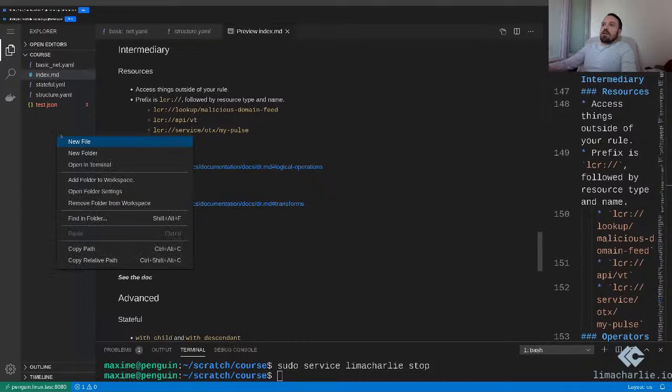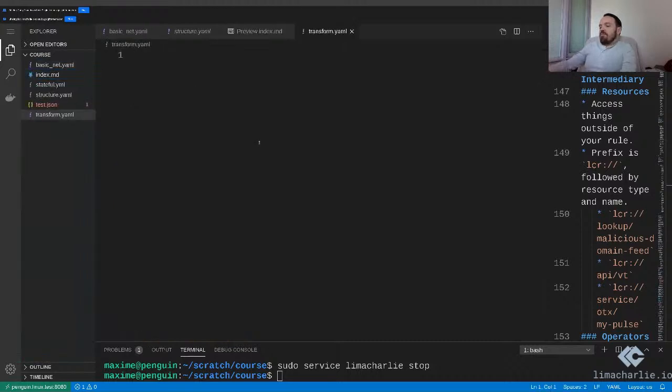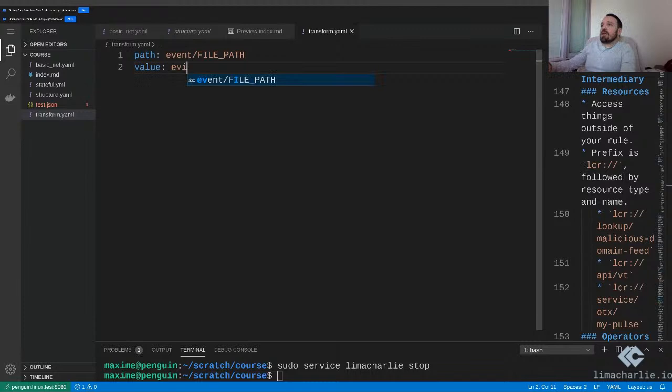All right, let's make a new file. So transform.yaml. Alrighty. So maybe, I would say, I have my path, which is event file path. And if I was looking for a literal, I could just say ends with evil.exe, and then my operator could be ends with, right? So if my path ends with evil.exe, but now let's say I have a bunch of those